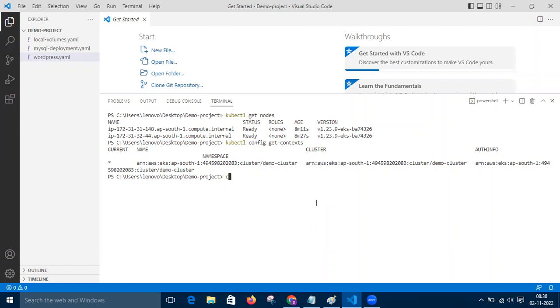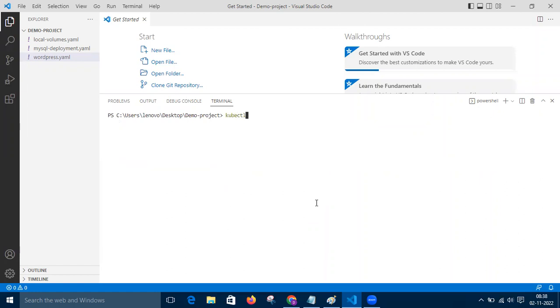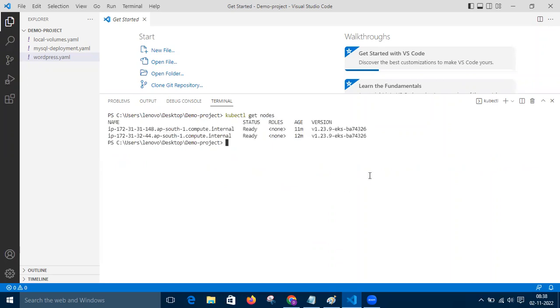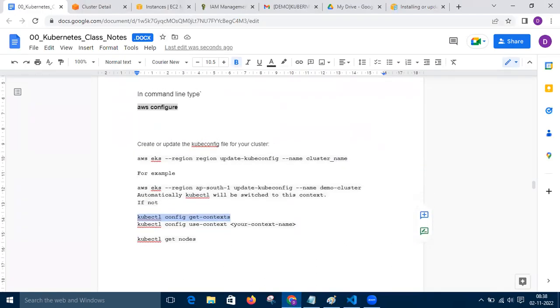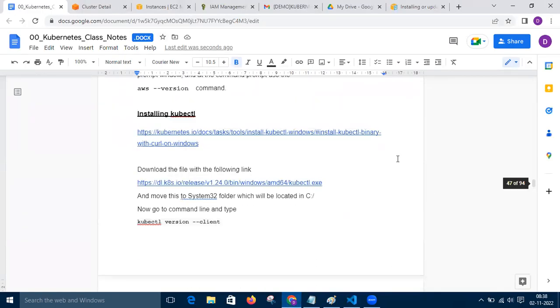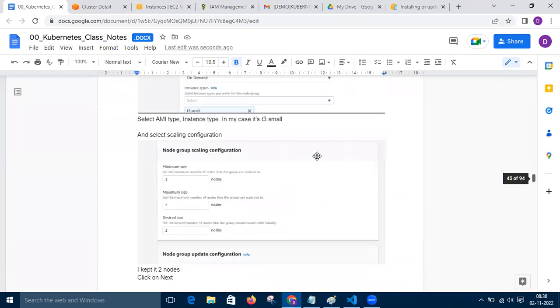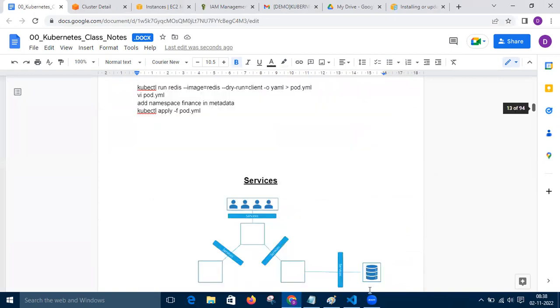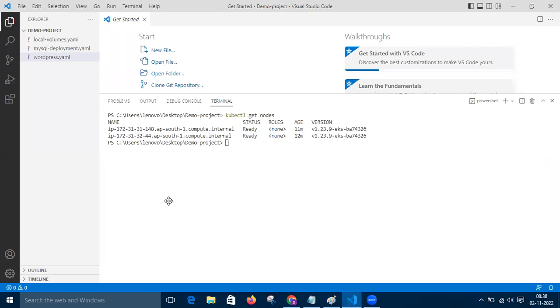Okay, as of now, let's see kubectl get nodes. We are successfully connected to the cluster. I am able to get the things now. Now, let's go to our actual Kubernetes discussion. We have seen that when we type kubectl get nodes, the request will be